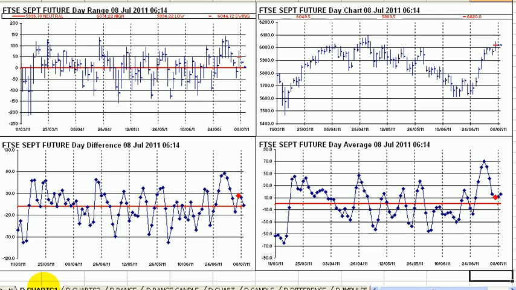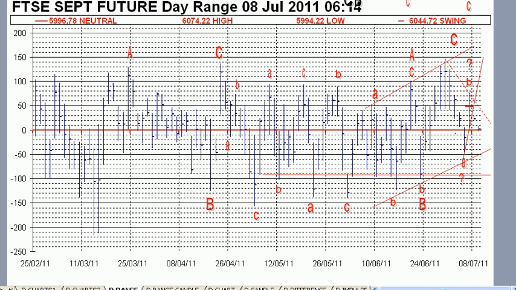Now, the way this usually plays out, the average diff remains short. This is looking like it really wants to turn up, though, which is a bit worrying. And then you get a little B leg on the diff, and then it slams back down for a C leg, and this should still remain short. It's on the brink, but the